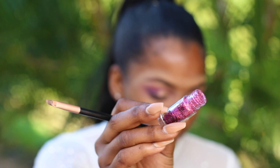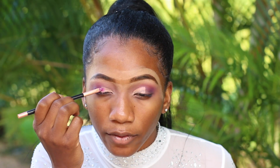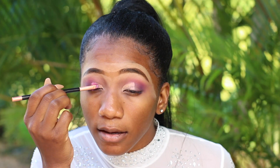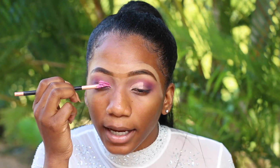So next is this glitter from Essence. It's so pink and pretty. Okay, so I'm just gonna place that right over where I put the glitter primer. I'm gonna take my time because glitter gets everywhere, and I wanted glitter. I just love how glitter looks. And I'm just packing the glitter on my lid. I wanted to turn down the brightness all the way so you guys can see how the glitter actually looks